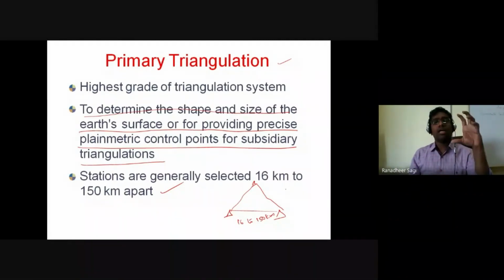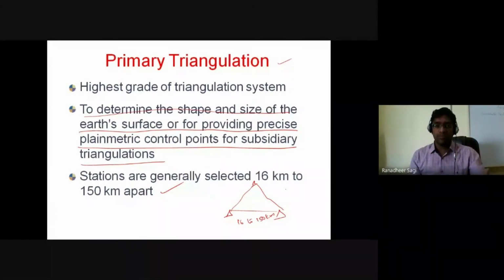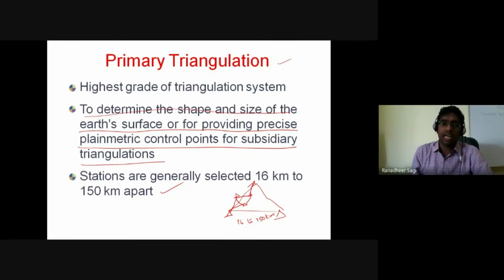With respect to this primary triangulation network, or the primary triangulation stations, we build the secondary triangulation network. Maybe another triangulation station here, another here, and another here. Look here: I am making use of the primary triangulation stations to connect different points, which I call the secondary triangulation stations. Now, why do I need these secondary triangulation stations? Because